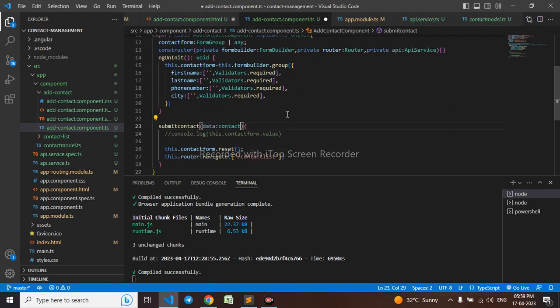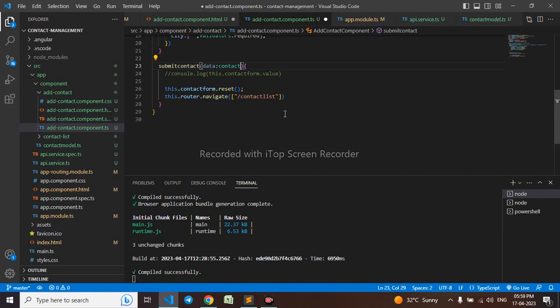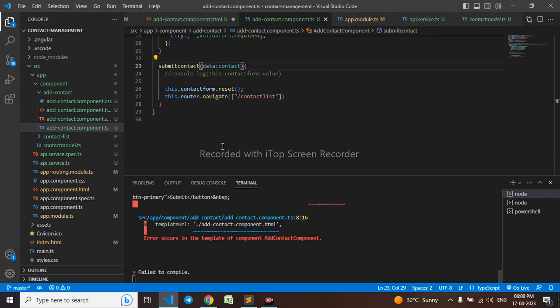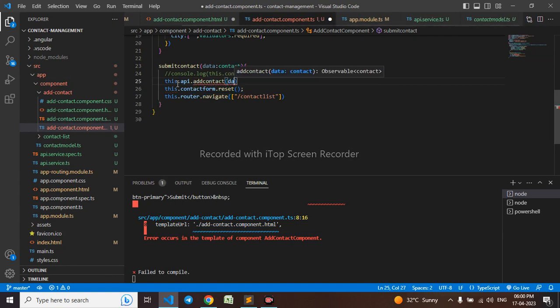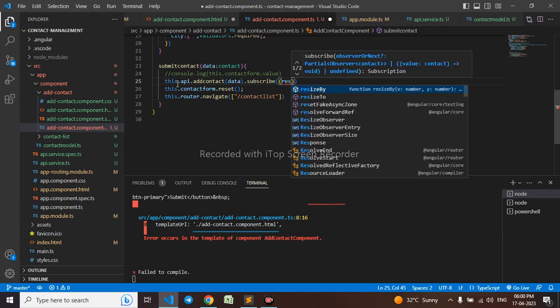So this contact got imported from the contact model. So here I need this.api.addContact, that will be data, and I have to subscribe the data, take a response,